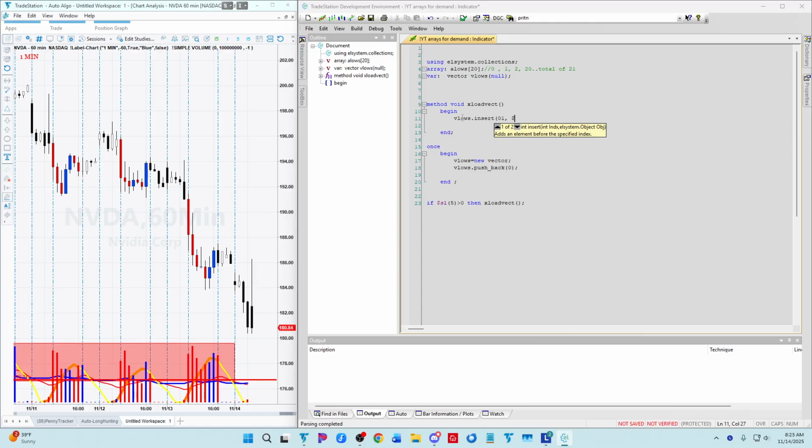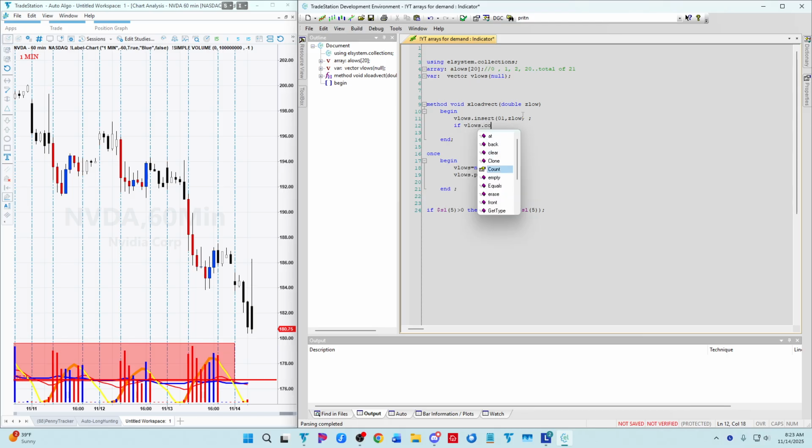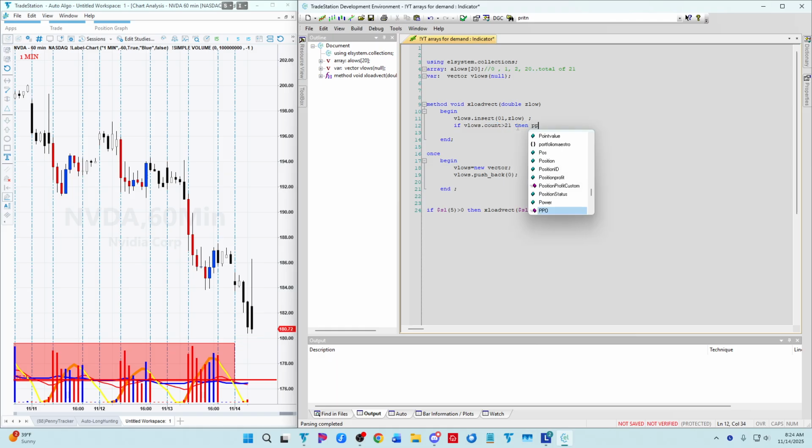And we're going to insert what? We're going to insert this number here, the swing low. Could have done this a couple different ways. Double Z low. Okay, and now if vlows.count is greater than 21, so to keep the 20th index, that will be 21 counts. So if we're over a count of 21, then pop